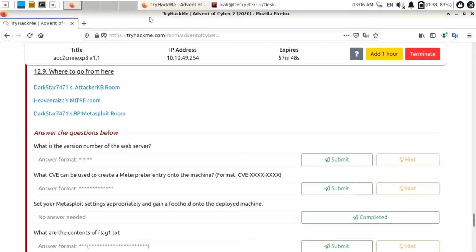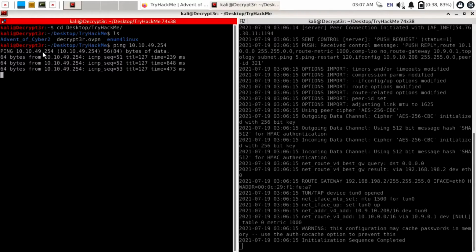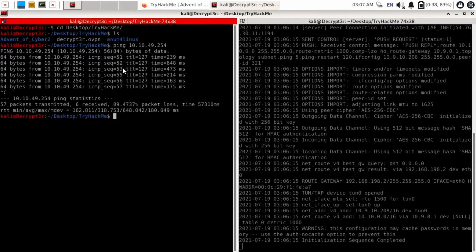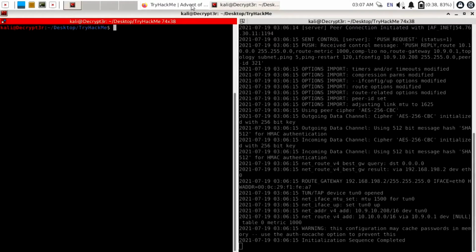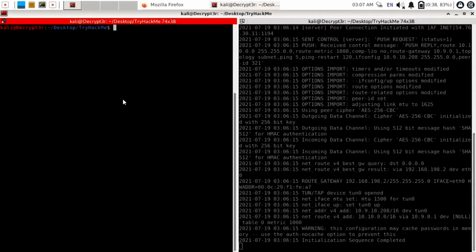Now let's copy our target machine's IP and try to ping this IP to check whether it is live or not. Just use ping and paste the IP by Ctrl Shift V, and wait for some time until we get TTL replies. Here you can see we are getting TTL replies, which means our target machine is live now. Now we need to run nmap on this to find open ports. First, I will try to open this site to check whether port 80 is open or not. You can see it is not loading.